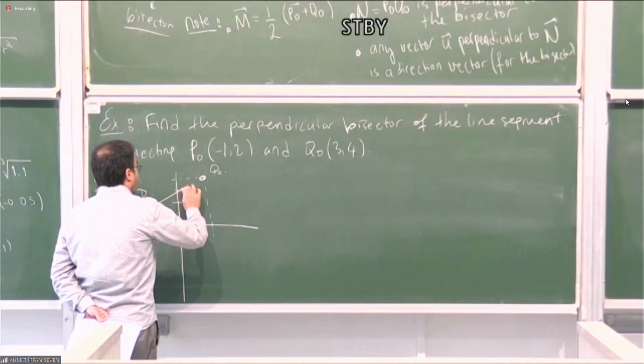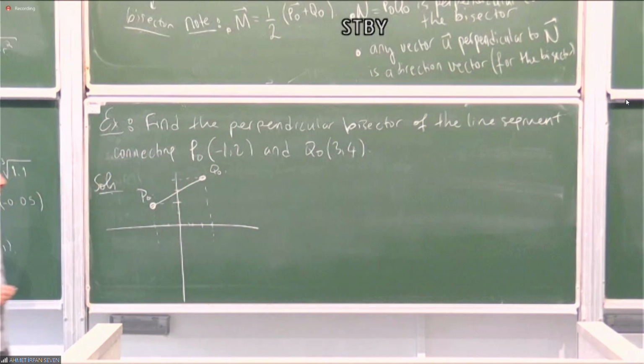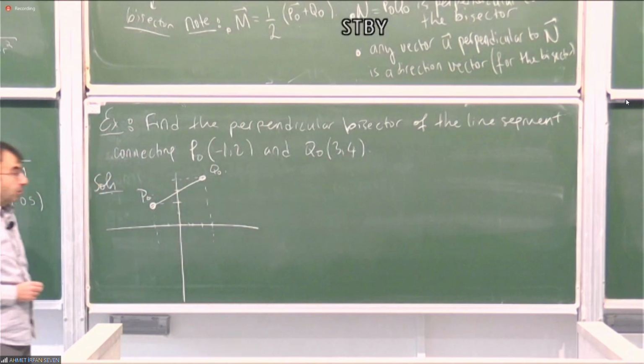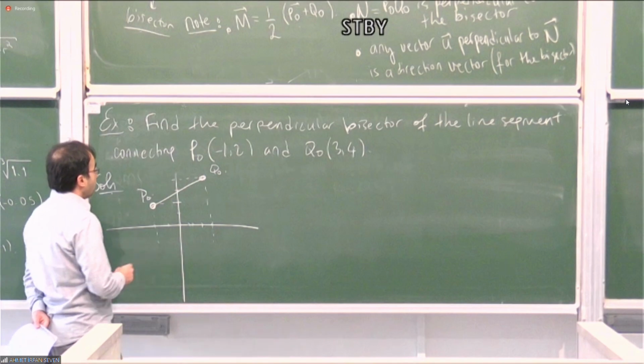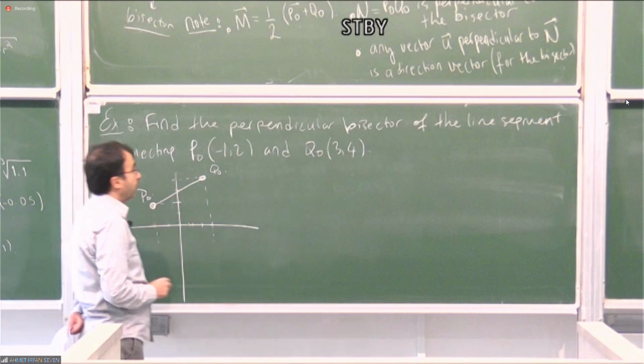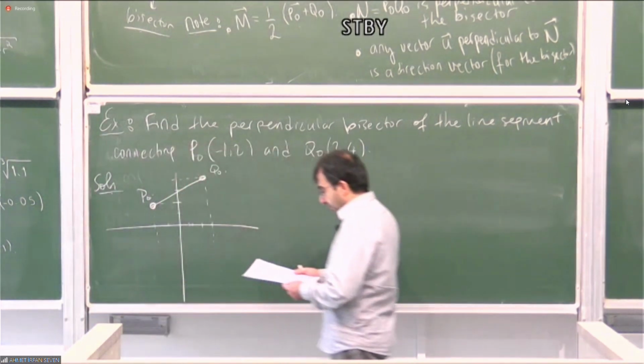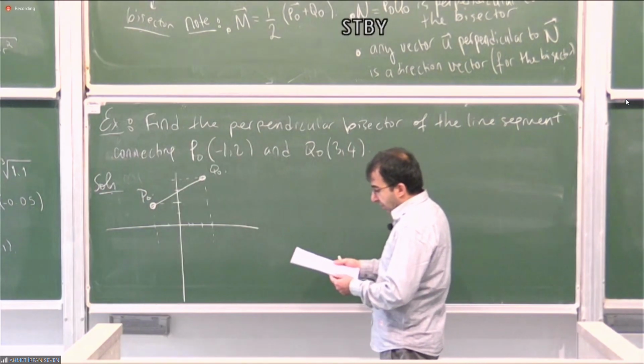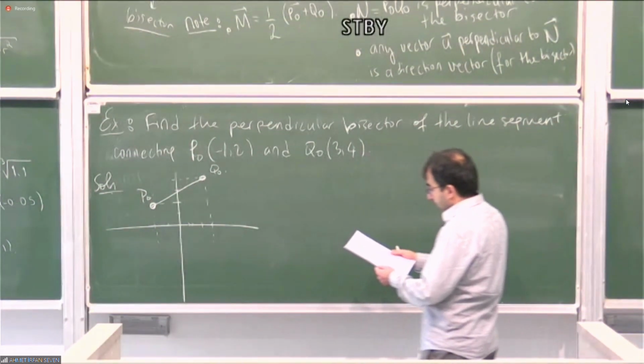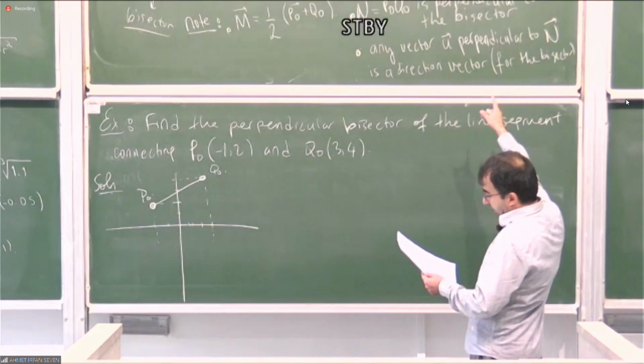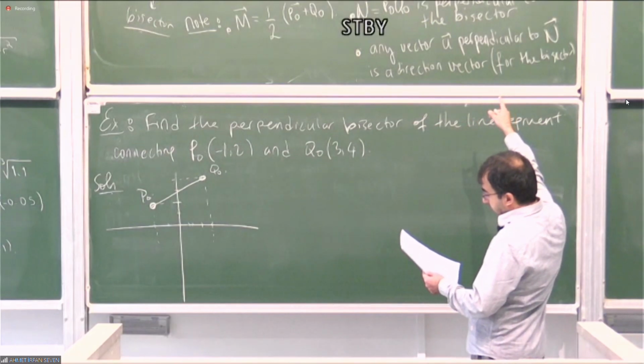So this is our line segment. And we want to find this perpendicular bisector. So it will pass through the midpoint. Okay, so let's find it. So first of all, you see that this P0, Q0,